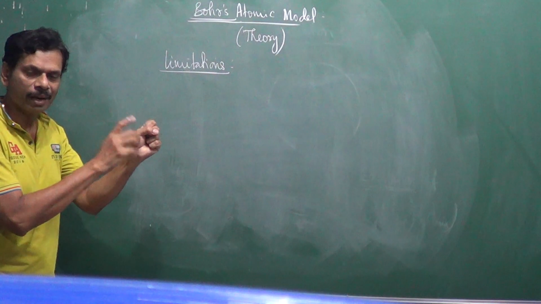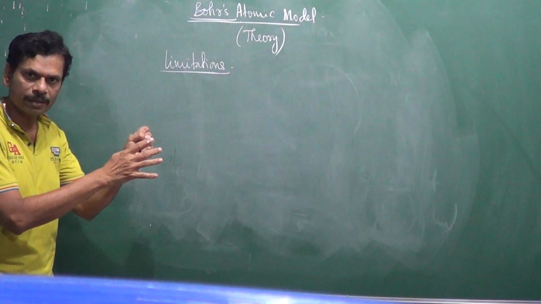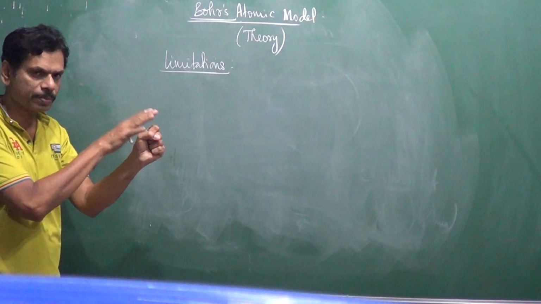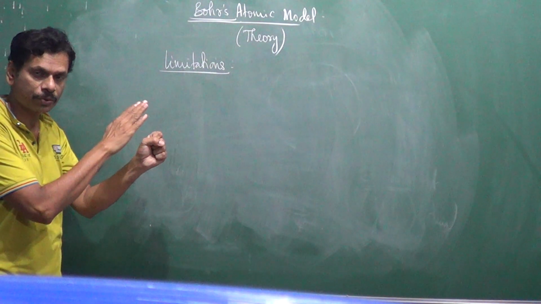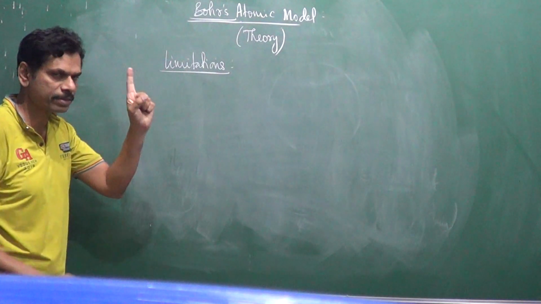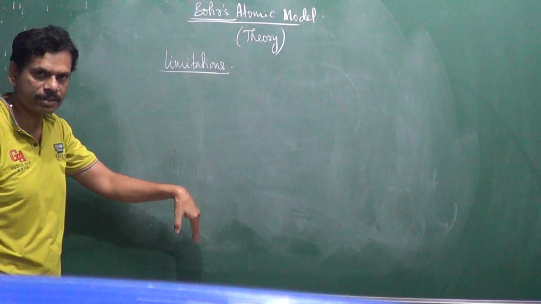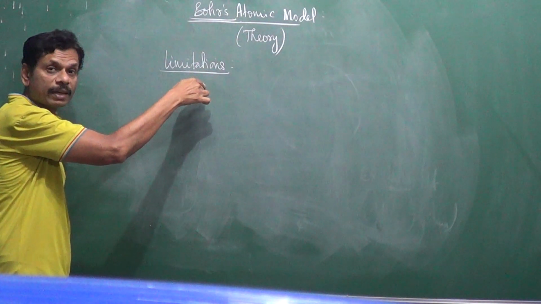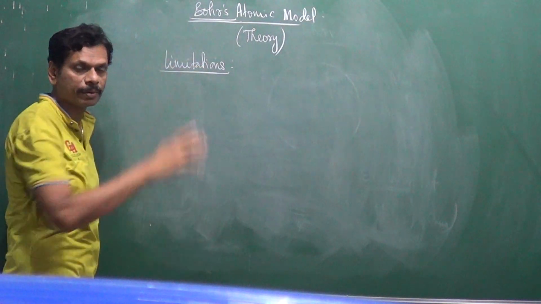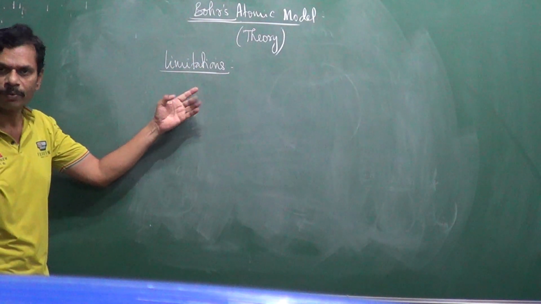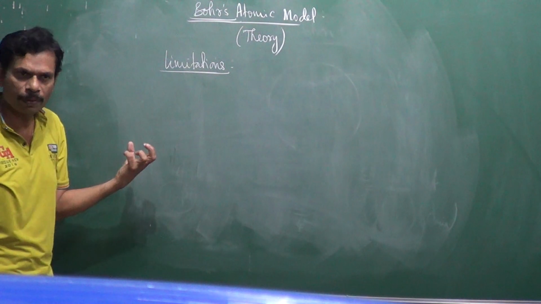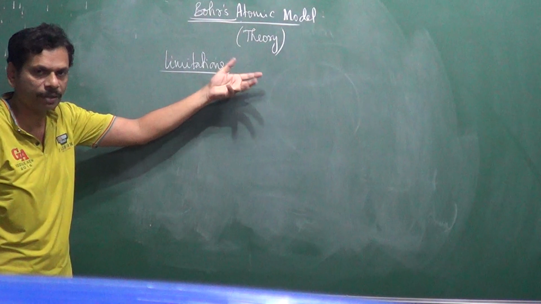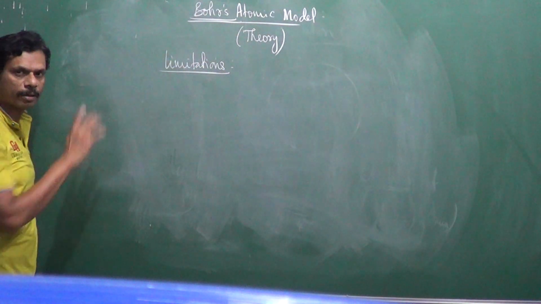For example, lithium and helium contain more than 1 electron. Now we have to remove the extra electrons so that it contains only 1 electron, like hydrogen and hydrogen-like atoms. Hydrogen contains only 1 electron. We are supposed to remove electrons and maintain 1 electron only in that particular atom. Then only Bohr's theory is applicable. Therefore, Bohr's theory cannot be applied for a complex atom containing 2, 3, 4 electrons.